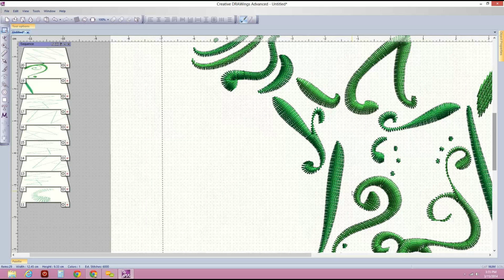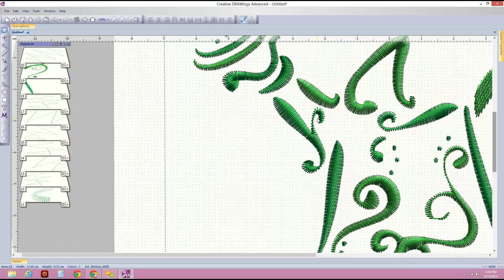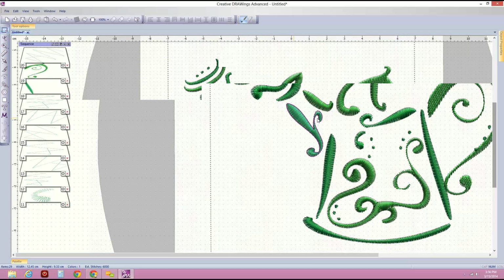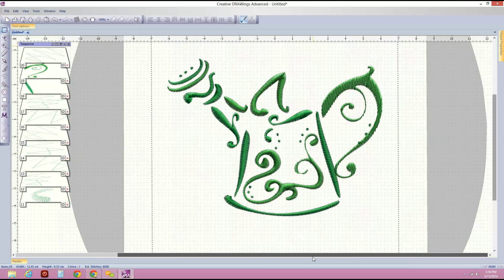And I can press delete on my keyboard and just get rid of it. So that's how quick it can be to create a design. Now, I also have plenty of other design options in the program. For example, moving my way, this little piece right here